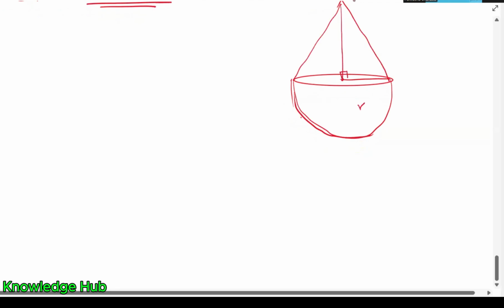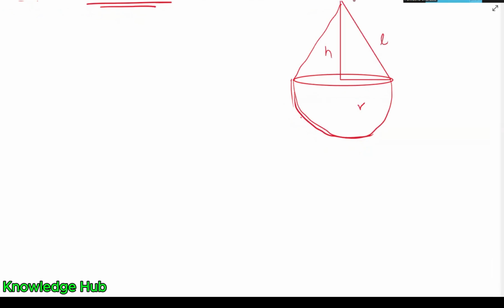It's a cone sitting on a hemisphere, right? So basically, you know that this is R. For the cone, we have this height, and what do we call this? It's the slant height, L, right? So this diagram shows a solid object